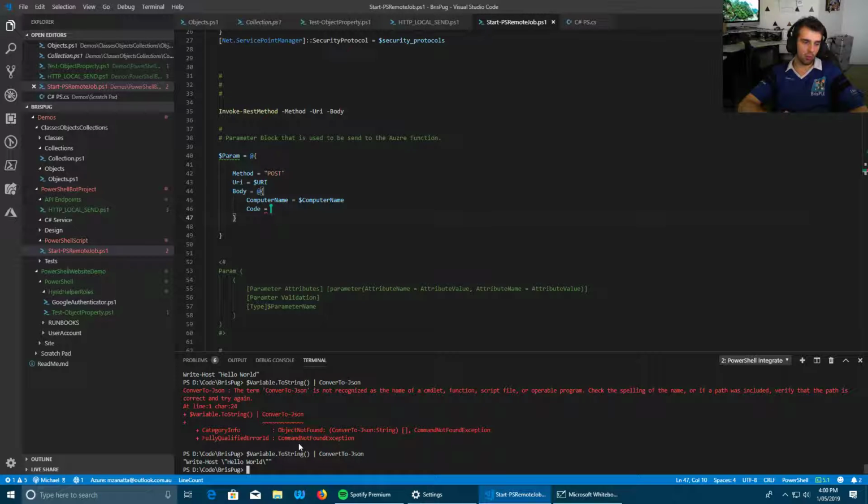So I think what we might do there, this is what I'm humming and hawing about. I'm not sure. Should I encode it as base 64? What I mean by that is basically translating the code so that